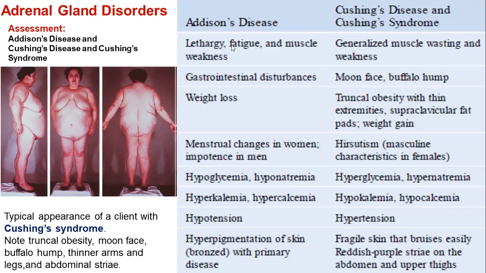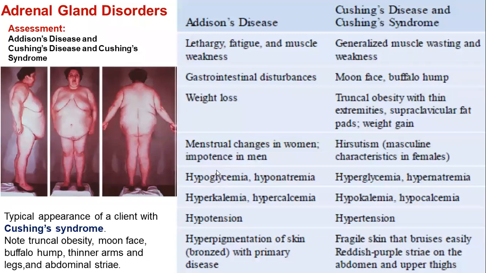So in the down, the patient feels fatigue, lethargy, muscle weakness. Can you find out something is down? If anybody easily gets tired, it's down. Easily gets lethargy, it's down. Muscle weakness, down. Gastrointestinal disturbance, weight loss, down. Menstrual change in the women,